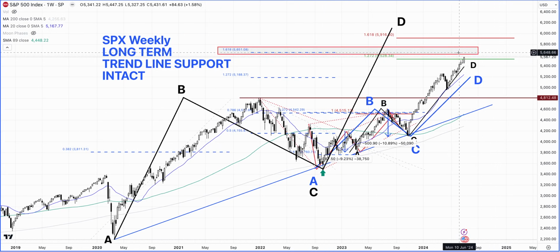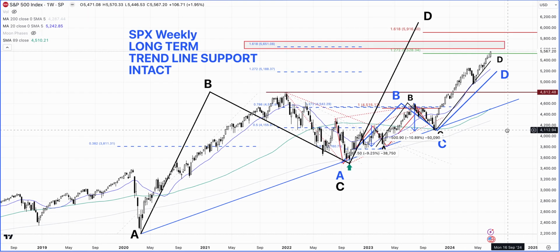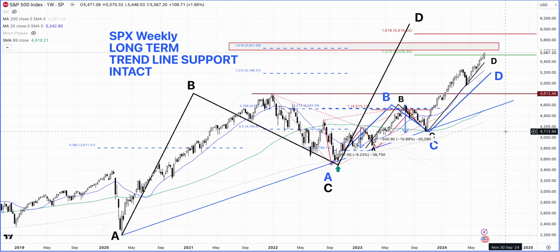We have this 56.51 as its target, and if I draw this ABCD just like for the NASDAQ 100 futures market, it gives us a rough target of above 6,100. So I believe shorter term we should look at 56.50 as being achievable, and then maybe the market could actually shoot up to 66,000 as well. Some of these targets might look questionable as to whether the market will be able to achieve that or not.